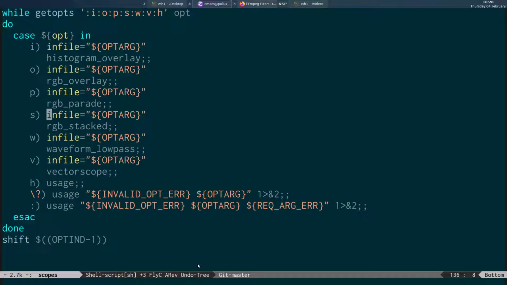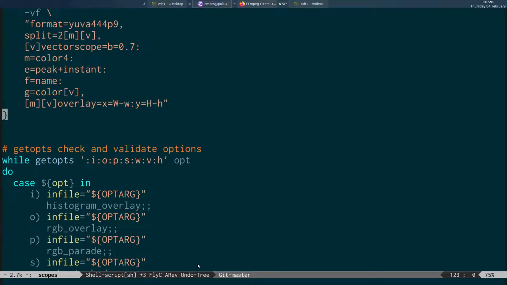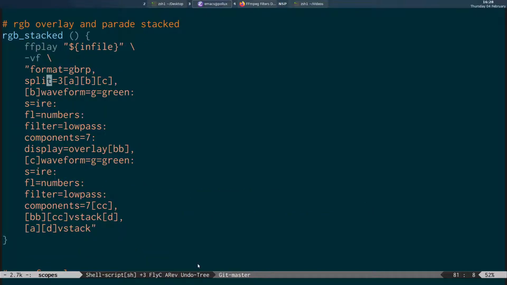Again, in file is going to be equal to the video file name, and then we're going to run the RGB stacked function. Another thing is, it's important to run these as functions, because otherwise the bits of code would actually be executed as they're going through the script, as opposed to when we specifically call them. So this is the stacked